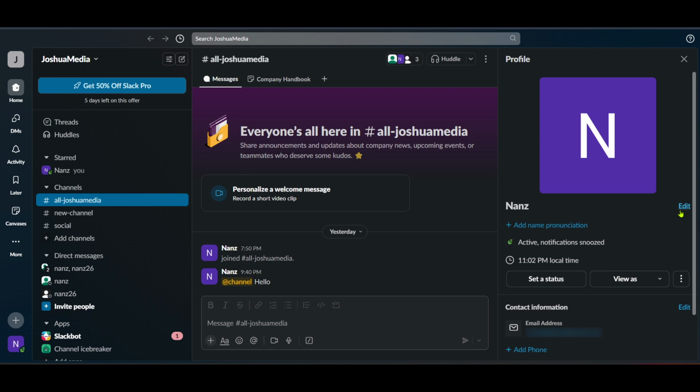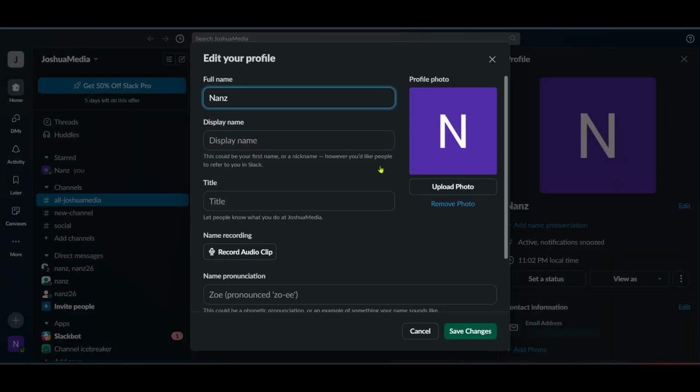This is usually situated right next to your profile details. Open this editing view and look specifically for the section that says Display Name. Your Slack handle or username might be synonymous with this display name. Often people use a consistent handle across various platforms, but this can be edited as per your preference or workplace guidelines. Take a moment to ensure that your display name is correct and reflects how you'd like to be identified